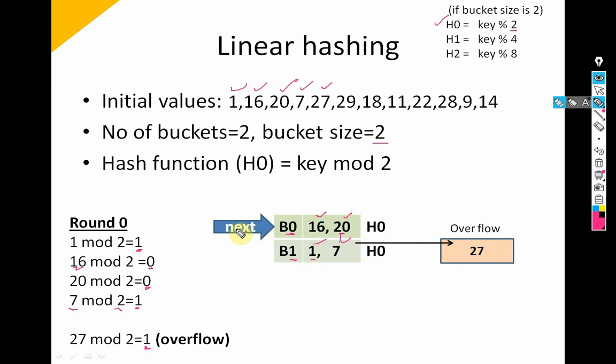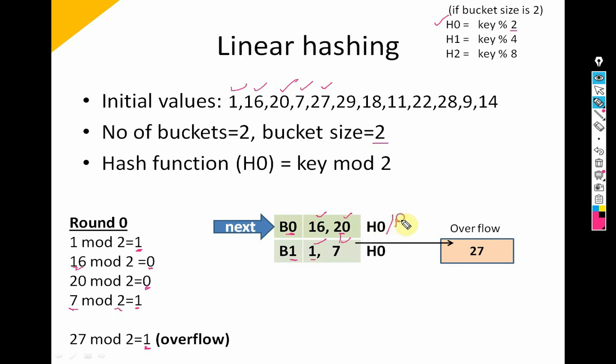Here, if you notice, I am using a next pointer at bucket 0. There is a pointer next to the bucket 0 which is pointing to the starting bucket, that is bucket 0. Whenever overflow occurs, the bucket which is pointed by the next is to be split. This bucket gets duplicated, it becomes split. That's the first point. Second point, whenever a split occurs, the h0 gets incremented, the hash function gets incremented, means